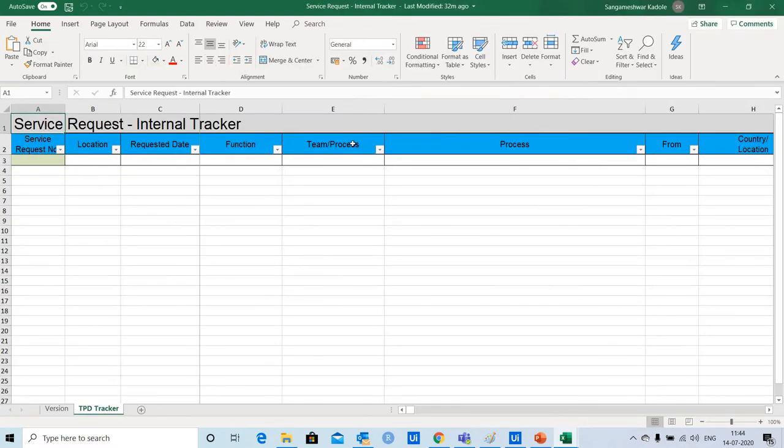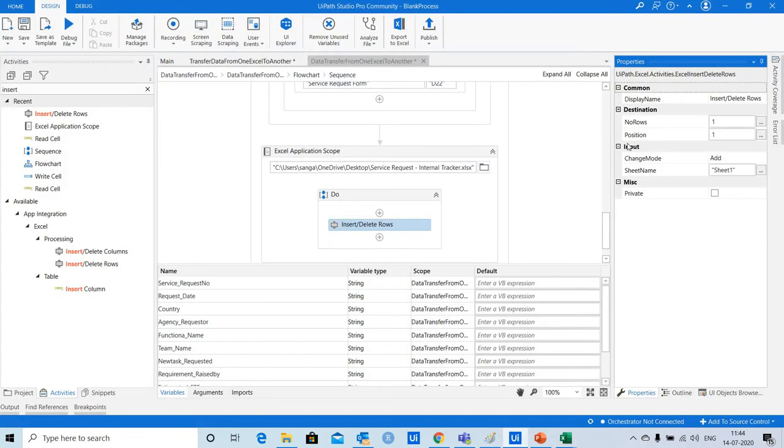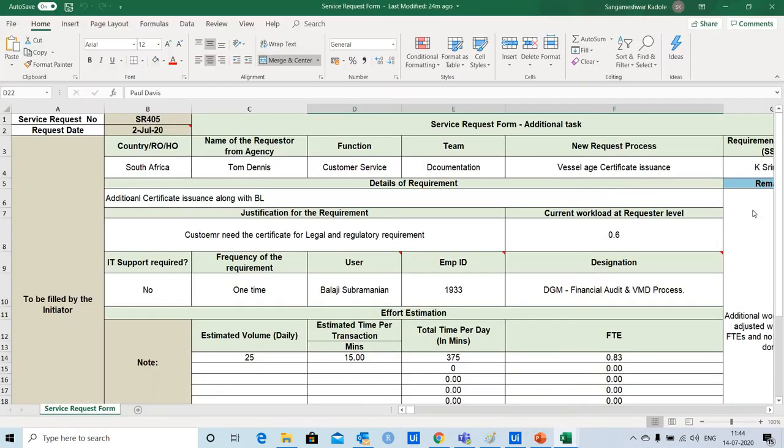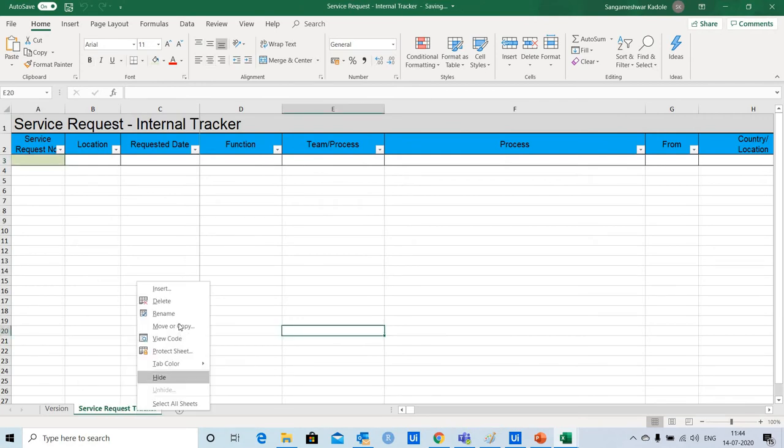So I want to insert the row at row number 3. So I'll go back to UiPath and then mention the position here. I want to insert one row. Here I need to define the sheet. So I'll capture the sheet name from here.